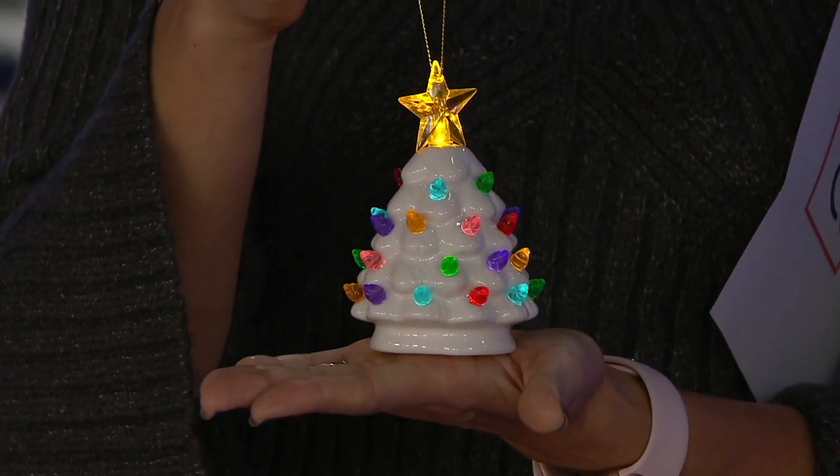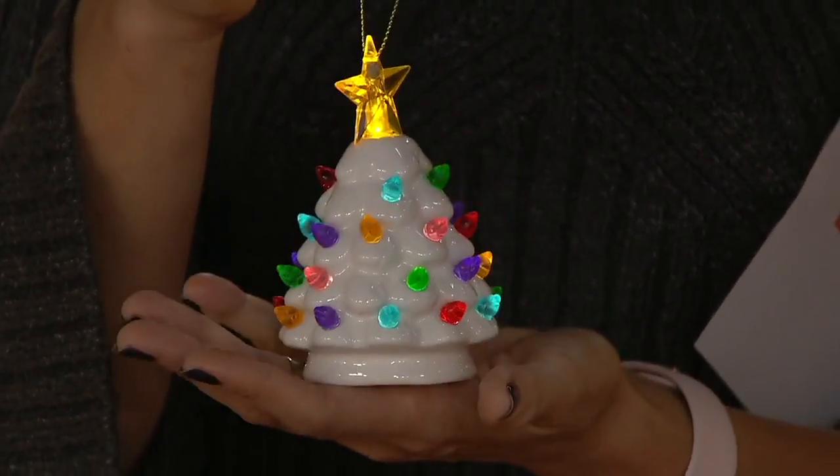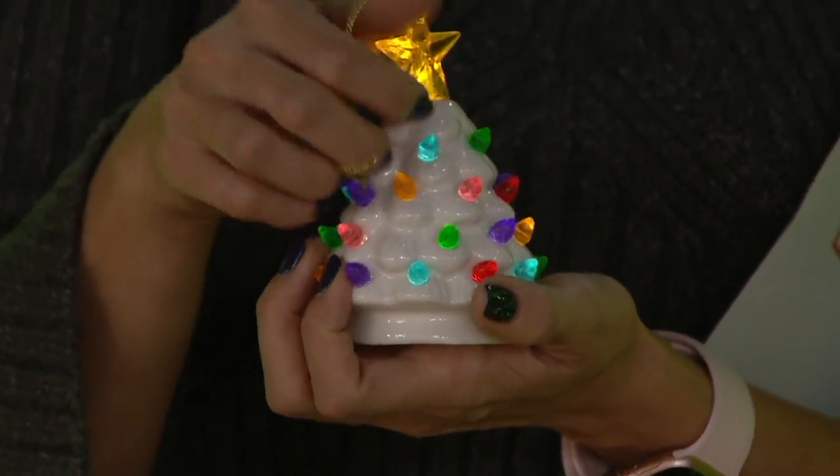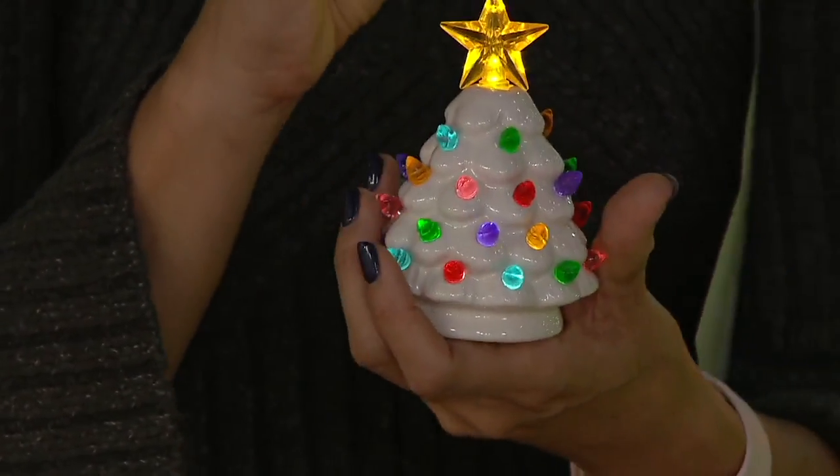Now I want to show you this set of 5 nostalgic ornaments coming up. They're a bit weighty, and they're a beautiful construction, but if you have old ornaments that are glass or porcelain, and sometimes you fear,